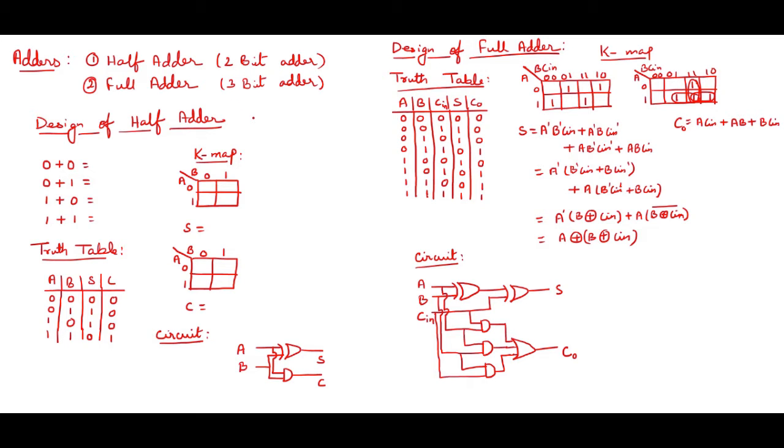So in the binary number system we know that the base is 2, so 2 to the power n equals how much? The n value is 2 in half adder, so the combinations will be 4. In full adder the combinations will be 8. Why? Because n equals 3, so 2 to the power 3 is 8.